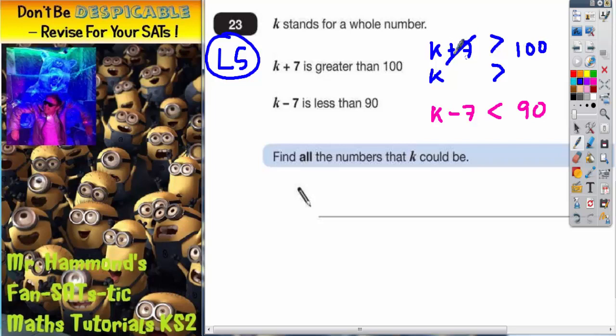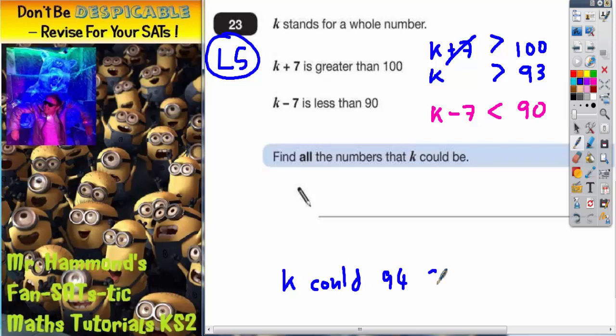We need to take off the 7 from both sides. So if we take off the 7 from both sides to eliminate this plus 7, on the other side we're going to get 93. So K must be bigger than 93. So if K must be bigger than 93, it could be